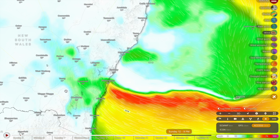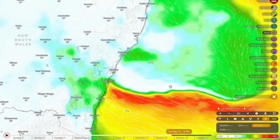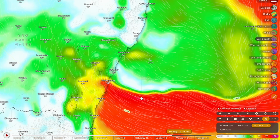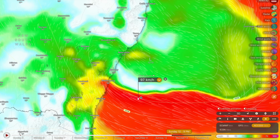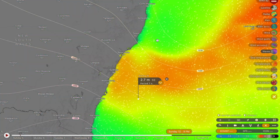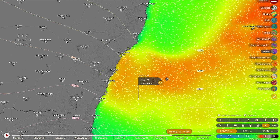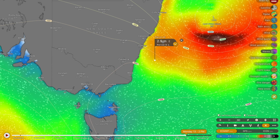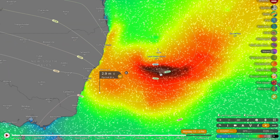So no different to the weather event that is actually happening today. It's just going to be a little bit stronger than the one that we're seeing right now. In terms of wind gusts, we're talking gusts up to 100 kilometres an hour, and that will be causing some pretty significant waves Sunday afternoon, especially in towards Monday morning. They will be growing Monday morning, and they'll make coastal conditions through a lot of New South Wales quite hazardous,